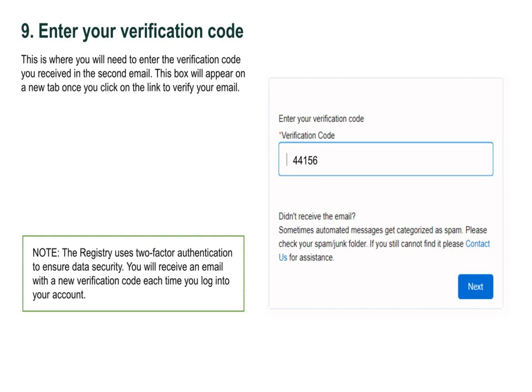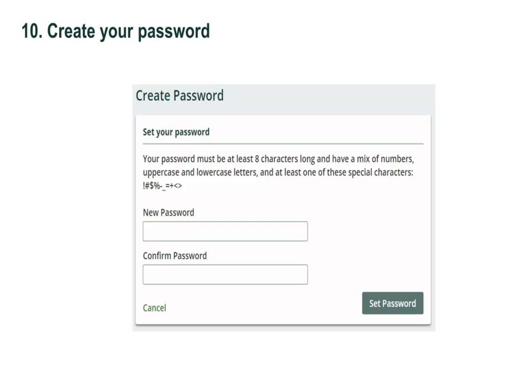Keep in mind that a new tab opens up in your browser, so the registration process is still open in a separate tab, so when you're finished with the verification process, just get back into the browser page that you're in and then continue with the registration process. Once you've entered your verification code, then you get to create your password, and there's some rules that have to be met in order for it to be a valid password, and once you've complied with that, you can set your password, and then we move on. So again, if there's any questions at this point,